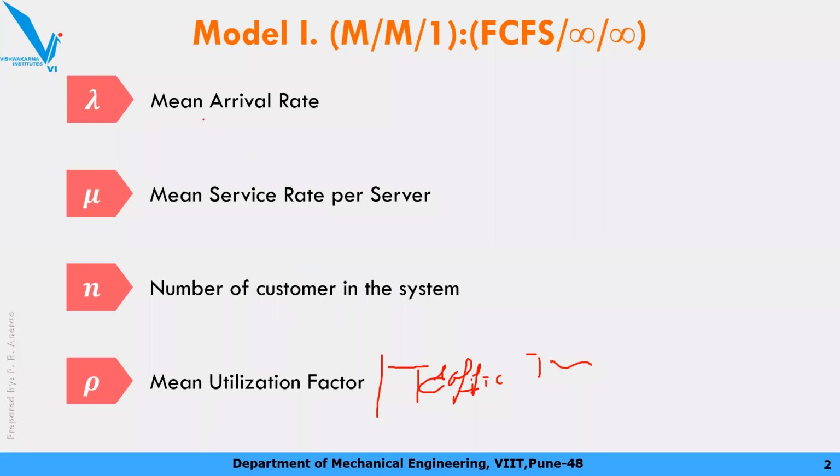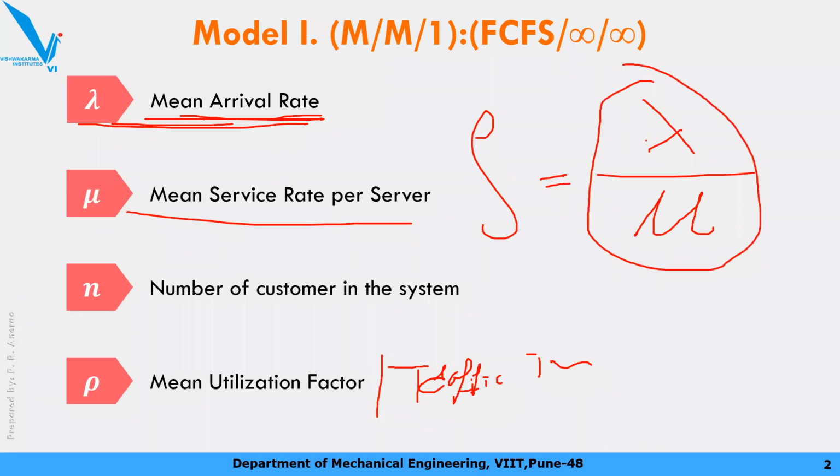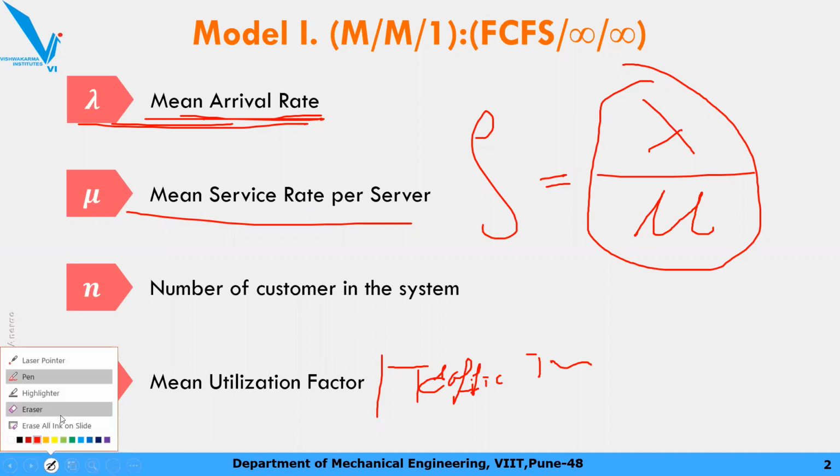See, the arrival rate is lambda. People are coming at this rate. The customers are entering the system at rate lambda, and mu is the rate at which you are going to give service. So rho stands for this ratio, lambda by mu: at what rate they are arriving and at what rate you are serving them. So it gives you the utilization factor, how much of the server you are utilizing. So lambda by mu, you can call it traffic intensity or utilization factor or mean utilization factor.